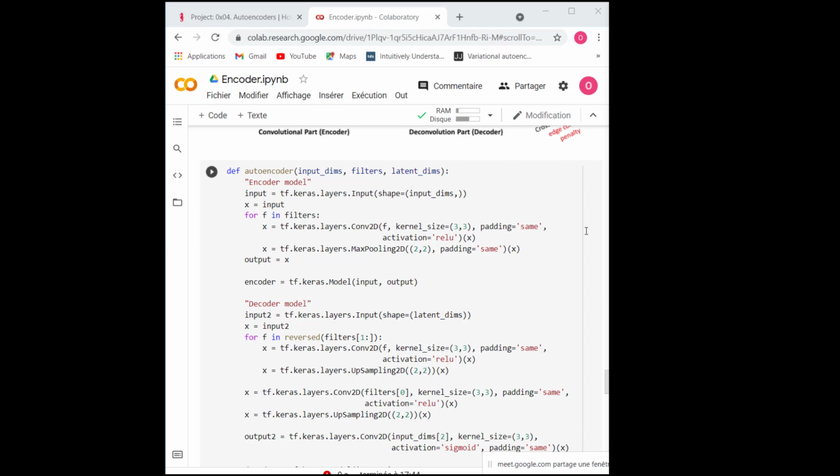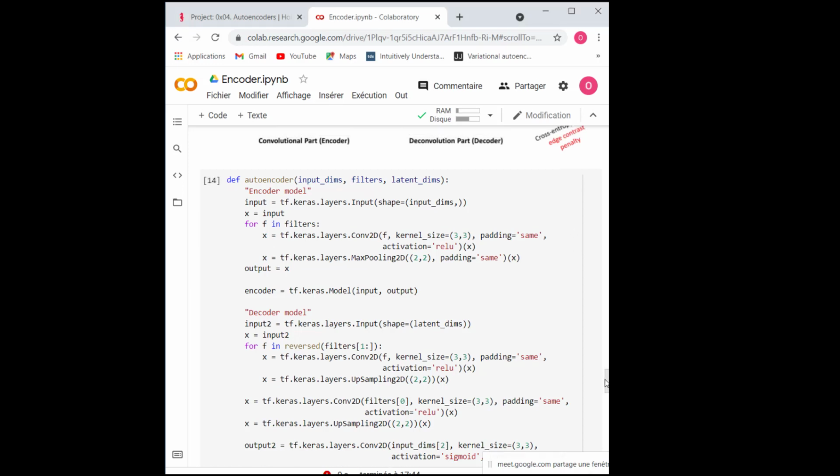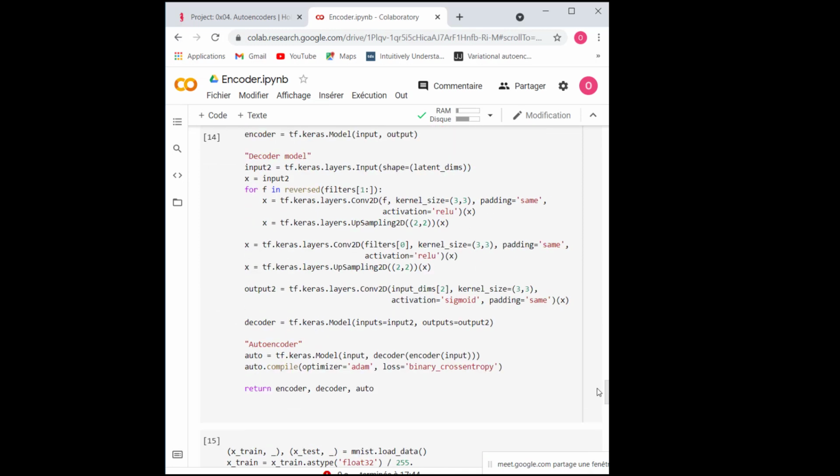Okay, so the last layer is padding. Is this what you are saying, guys? Yes, this one.